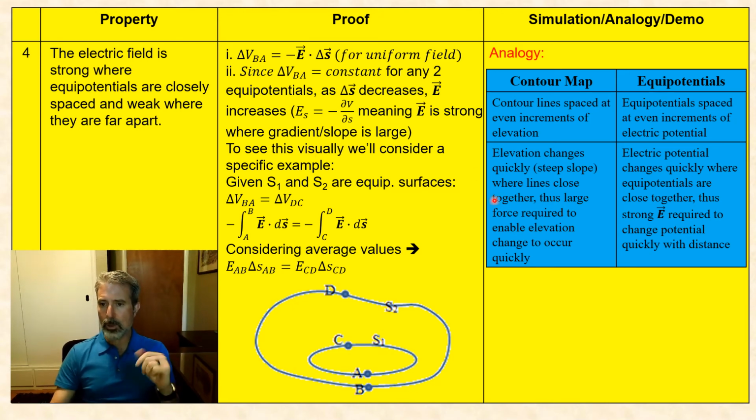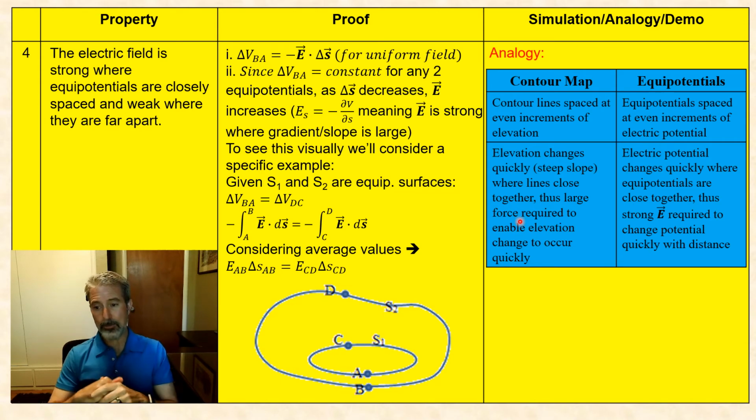And think about what this implies. When the elevation changes quickly on a contour map, where you have a steep slope, a steep hill, this is where lines are close together. This suggests that a large force is required to enable that elevation change to occur quickly. So in a region where the contour lines are close together, that suggests a steep gradient, a steep hill, so to speak, in which case a lot of work must be done to move from one